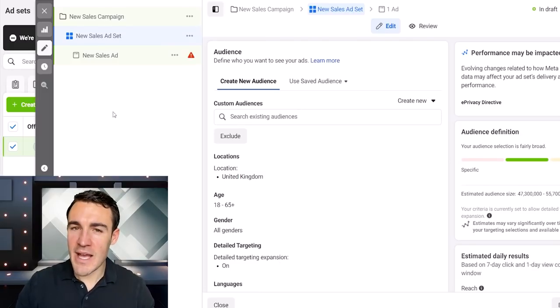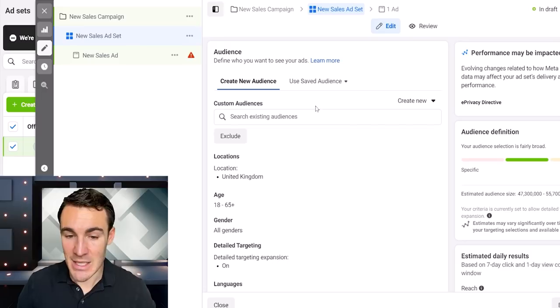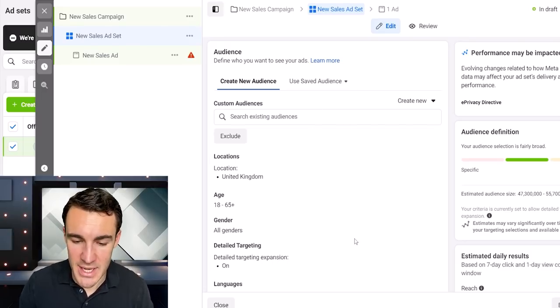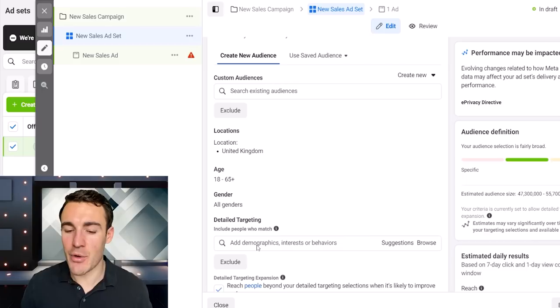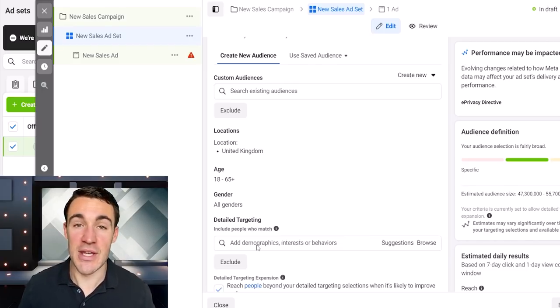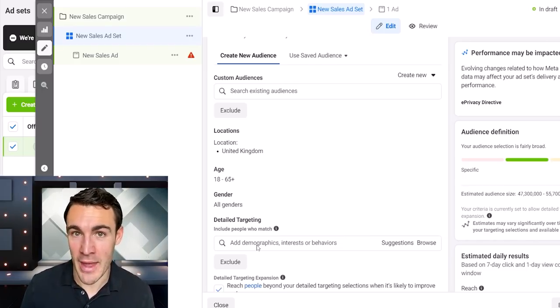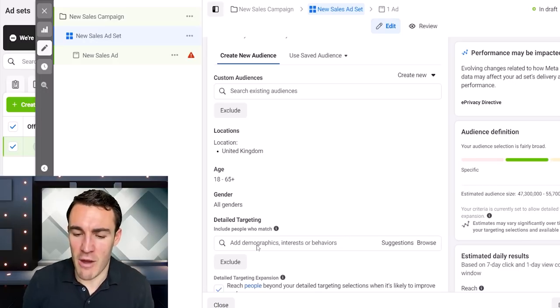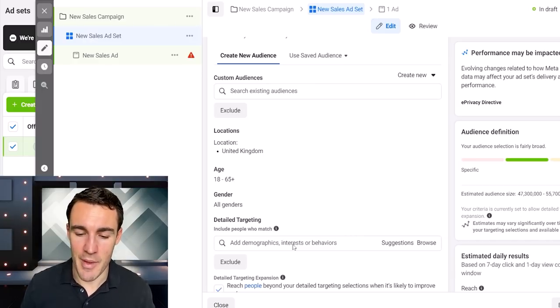So what a lot of Facebook advertisers are experiencing right now is this. They come into their campaigns. I'm obviously in Ads Manager right now. I've got an example campaign created at the ad set level in the audience section. And they come down, they click on detailed targeting, and they're finding that the demographics, interests, or behaviors that they used to target, that potentially performed really well even, are just no longer there. Or perhaps you're a new advertiser and you just can't find anything relevant in here anymore because literally thousands of targeting options have been removed. And that's making things very difficult for a lot of Facebook advertisers.